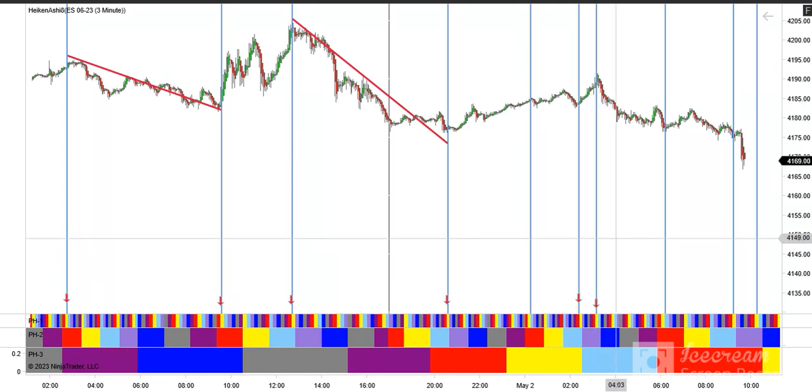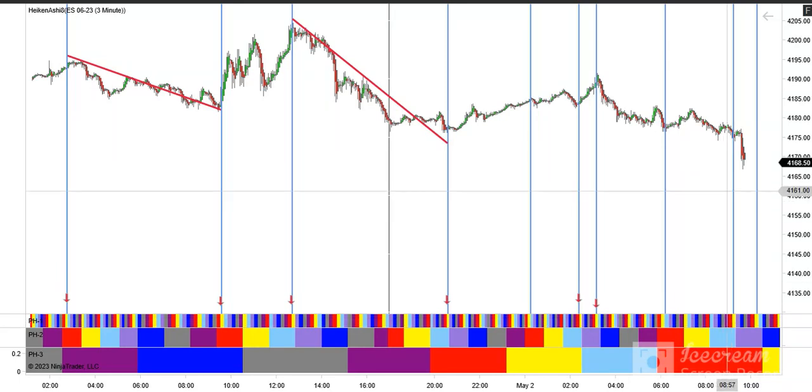Oftentimes you'll get a short-term trend move that'll go between the same color bar on the pH 1, especially when they start off of a pattern match like this particular one. Looking forward from there, this morning, 6:10 a.m., we had the red-yellow repeat, which gave a low for a nice long trade right here. And then the next light blue